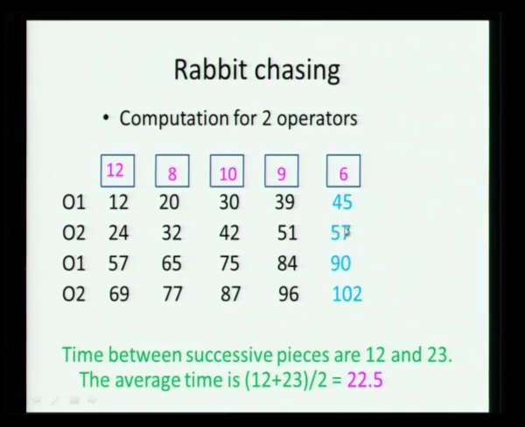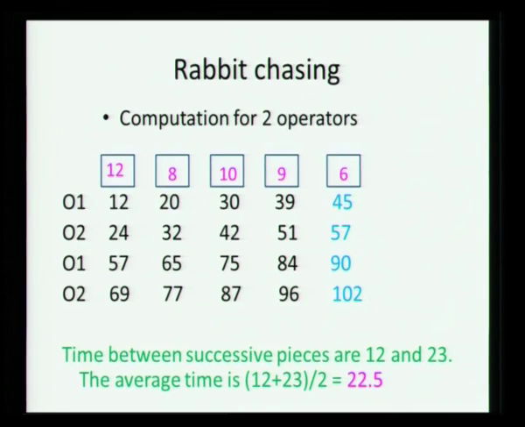Operator 2 had finished at 57 and comes back to the starting point. Now, the machine number 1 is also free at time equal to 57. So, operator 1 starts at 57, finishes at 69, and from 69 finishes the second machine at 77, 87, 96 and 102. So, we observe that operator 1 has completed pieces at 45, 90, again 135 and so on, while operator 2 will complete pieces at 57, 102,